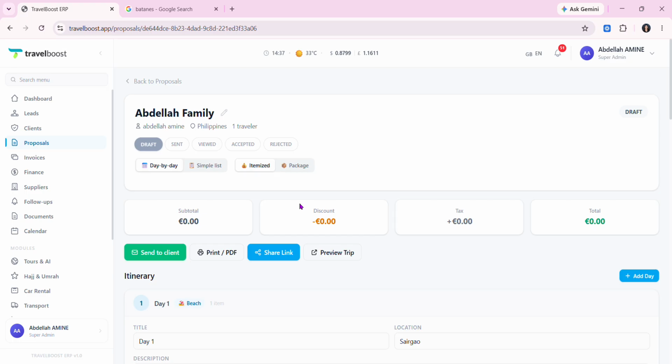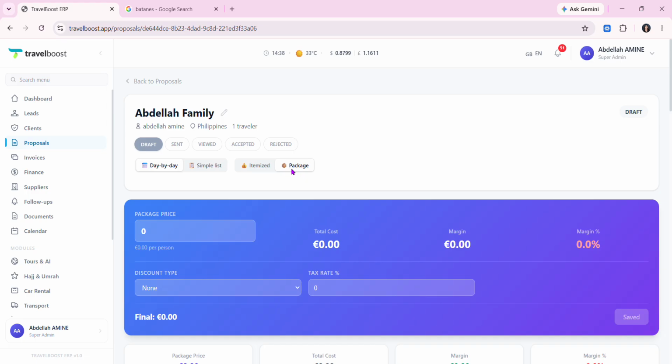And then for choosing the pricing format, itemized pricing, of course, lists every individual cost separately, such as flight, hotel, tours, transfer, and other travel services. This gives the customer a detailed breakdown of what they're paying for. Package pricing combines everything into a single package price, providing a cleaner and simpler quotation without showing individual costs.